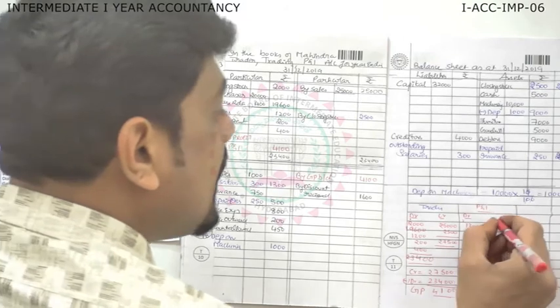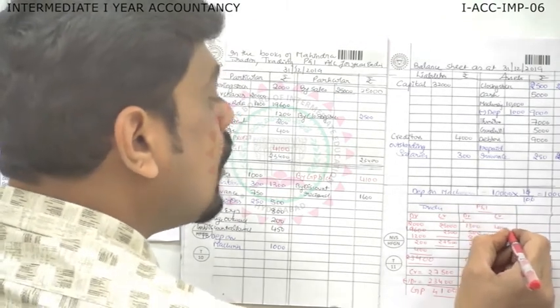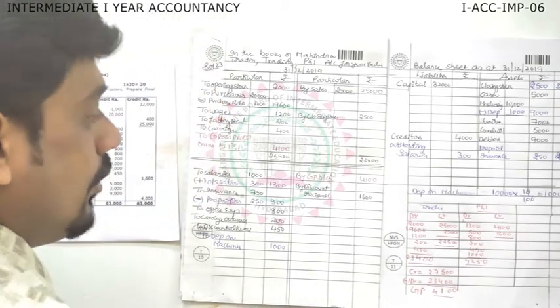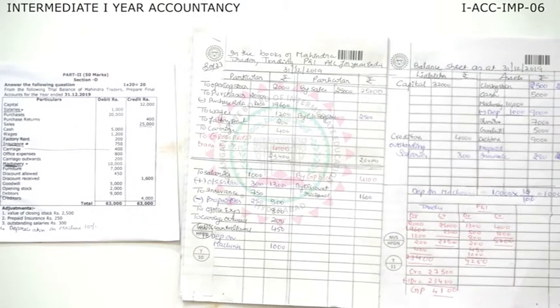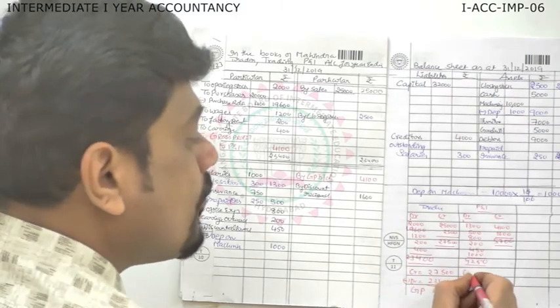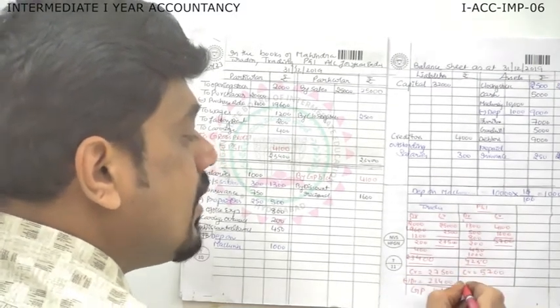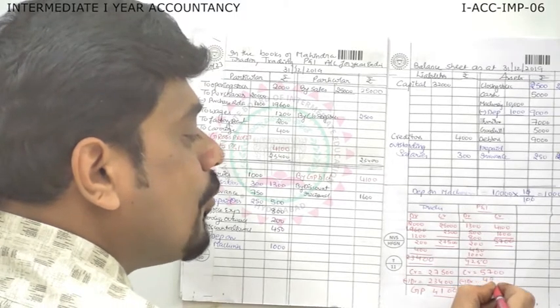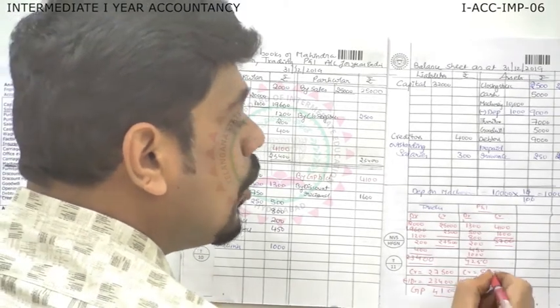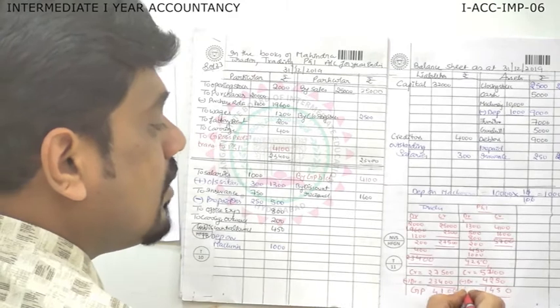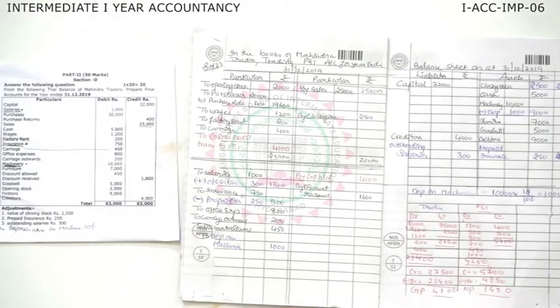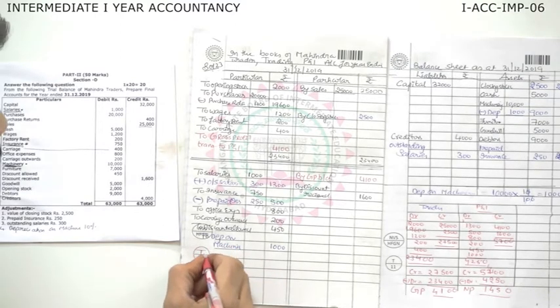Now I'll write credit figures. 4,100 and 1,600. 0, 0, 7, 5. 5,700. Credit is more again, right? Even in profit and loss, credit is more. So profit. Let us find 5,700 minus debit 4,250. 0, 10 minus 5, 5, 6 minus 2, 4 and 1. This is net profit. 1,450 is net profit.